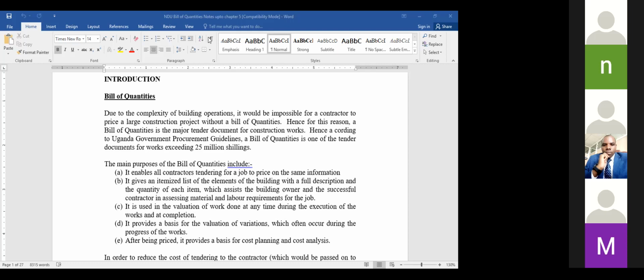Given that scenario, it shows you the need for a bill of quantities. According to the Uganda government procurement guidelines, a bill of quantities is one of the tender documents for works exceeding 25 million. As we shall see, as we carry on,